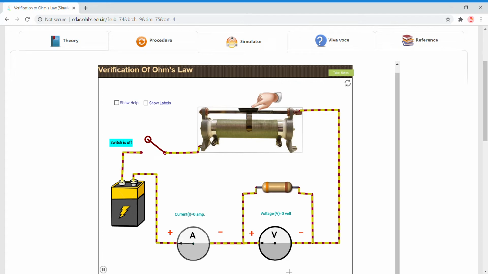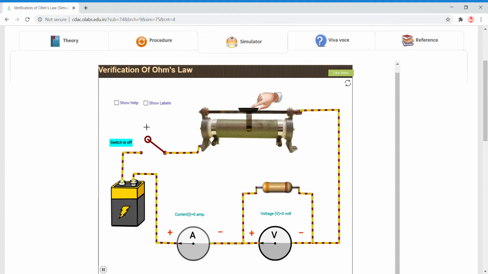First of all, choose the voltmeter and connect it to your resistance like this. A resistance does not have any plus or minus options. So start from the battery. Take a wire like this. It is already connected like this, everything is connected here. It is already shown to you. What you need to do is just pick this switch from here and connect it to the battery.